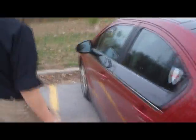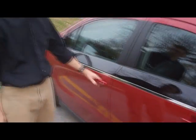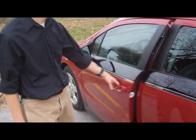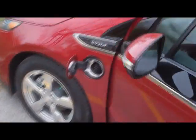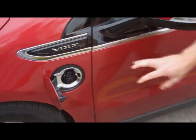I'm sure. It's got keyless entry. The key's in my pocket there. I just press on that once to unlock it and twice to unlock the rest. Plugs in on the side here. I hit that. This is, of course, a special plug here, but into the wall it's just a